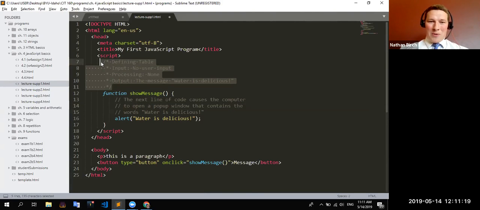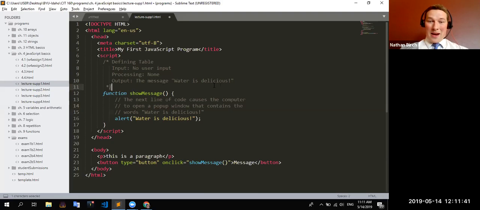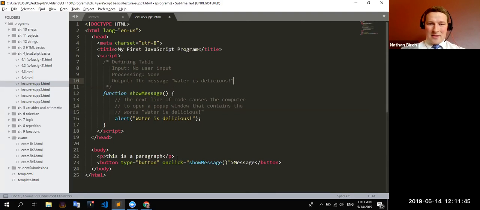This right here is a multi-line comment. All these little asterisks are just there for show. What really defines a multi-line comment in JavaScript is having this slash asterisk and this asterisk slash. So one to open up the comment and one to end it. If I wanted, I could have it all be on the same line. Whoops, I deleted the asterisk.